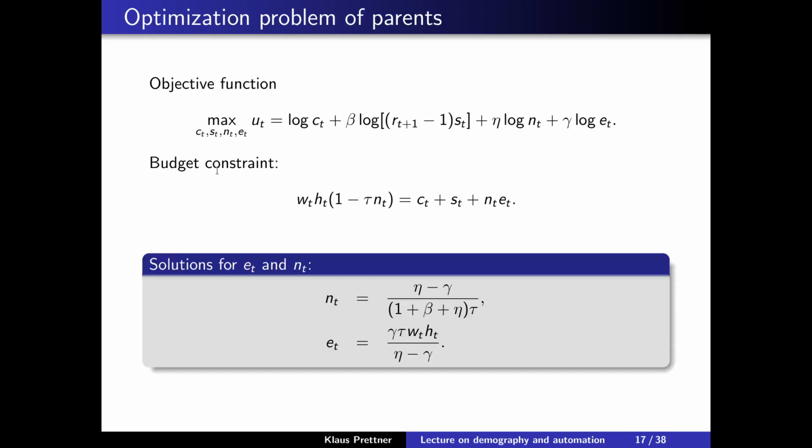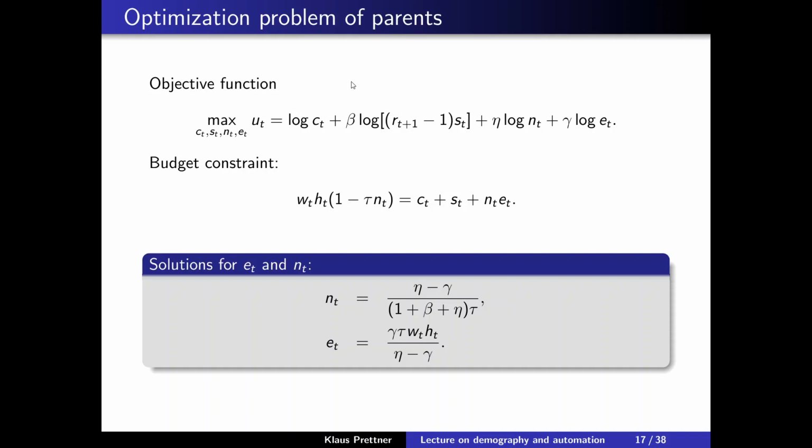So how do we implement this? We have here the objective function of a family that maximizes utility. We have an overlapping generation structure in discrete time now, which can be easier introduced into a discrete time version of the Romer and Jones framework than in continuous time when we have demographic change. So these families maximize by choosing consumption, savings, the number of children, and education, where utility is assumed to